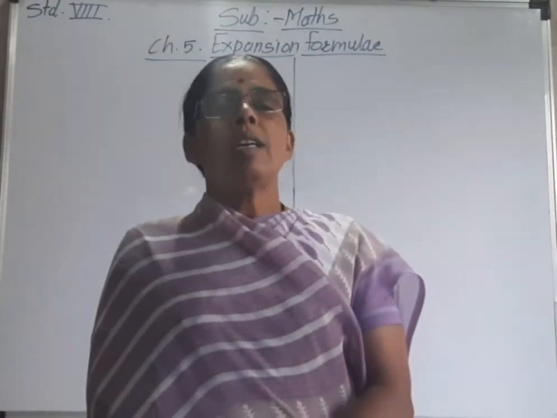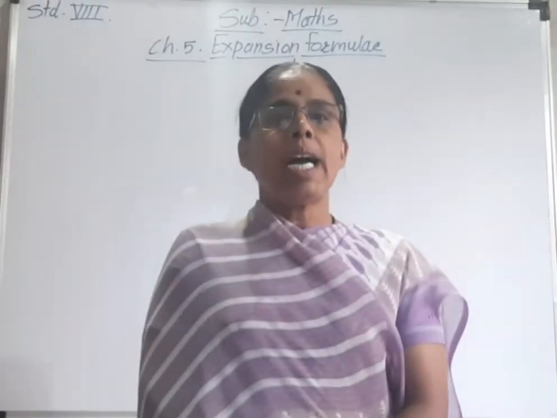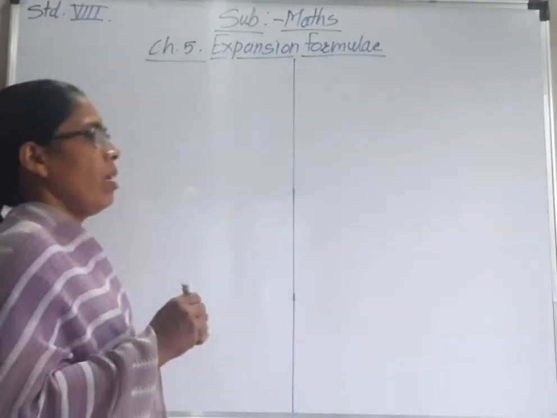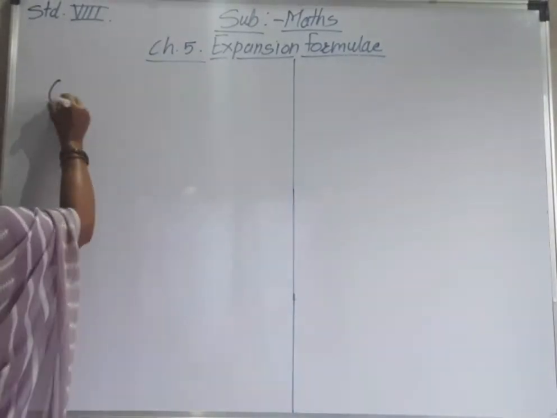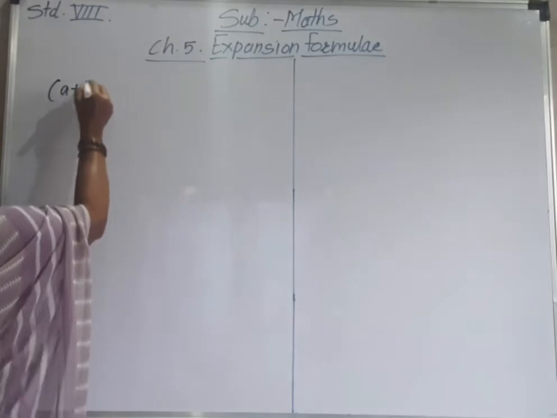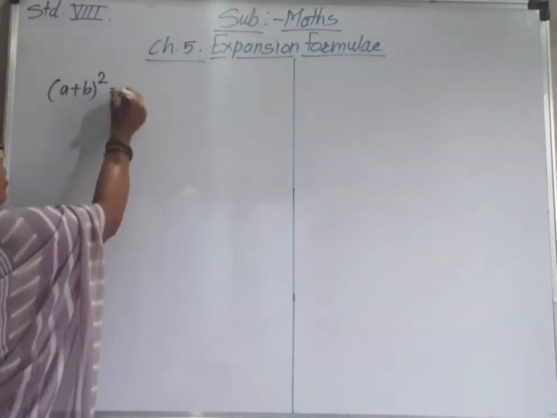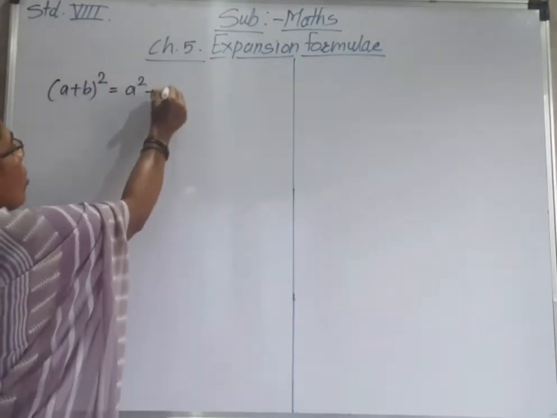Hello students, in the last year we learned about the identities. Here, the expansion of (a plus b) whole square is equal to a square plus